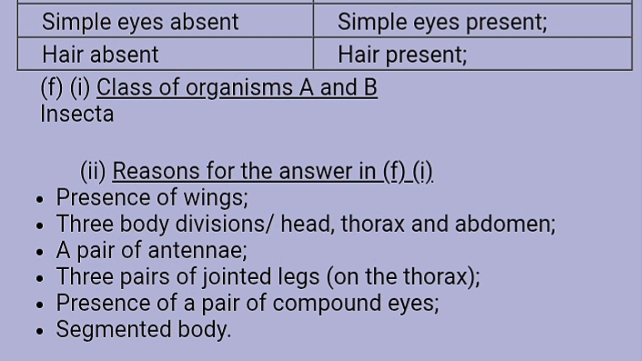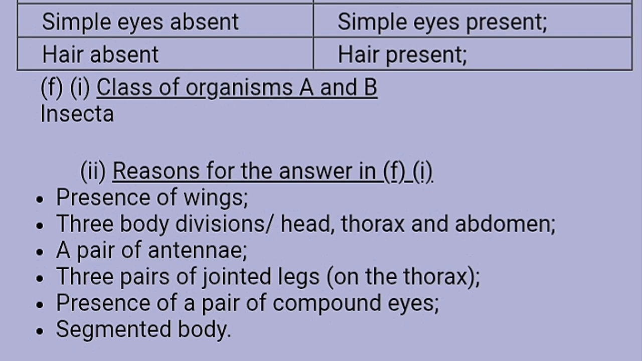Then there is the class of both of them. Since they are similar, they are going to have the same class. So the class of specimen A, housefly, and specimen E, butterfly, is insecta. So that's the class. They are insects. Why? What's the reason for that class? Because they have presence of wings. So if you're asked, what's the class of specimen A and specimen E, it's insecta,